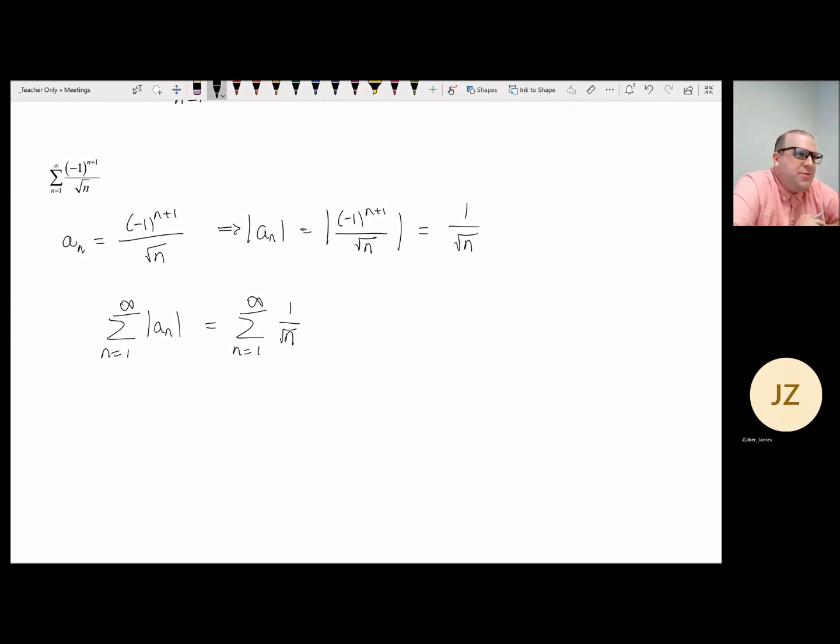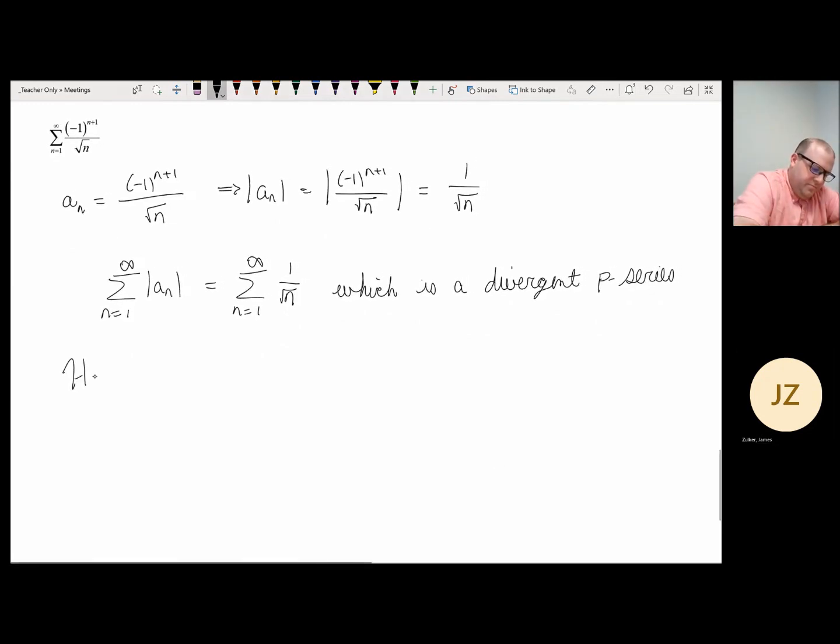For examining absolute convergence, this is the series we're looking at. Does this series converge or diverge? Why? That means our series is not absolutely convergent. However, if we look at the sequence defined by 1/√n,